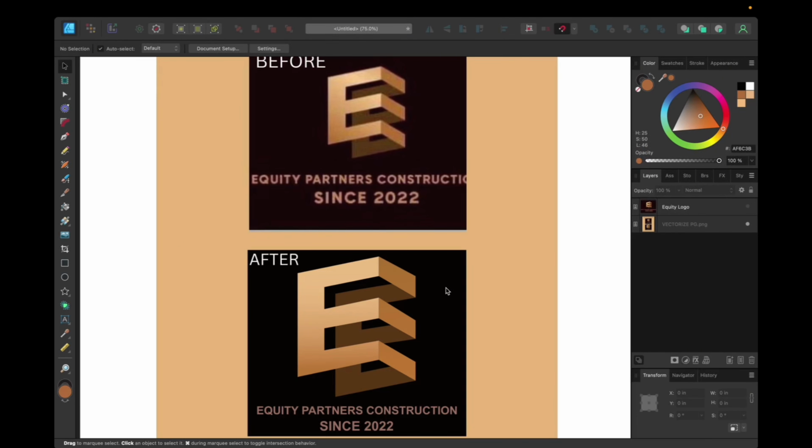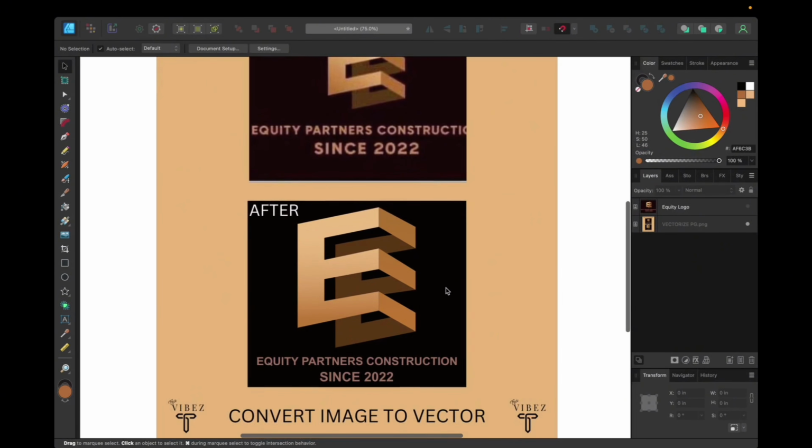If I had something that was a little more complex, that had a lot of different shapes and colors and things like that, I probably would send it off to a company that I normally use to vectorize some of my images. And I'm going to link down in the description box some of the companies that I have used in the past. But one of them I know is called ivectorize.com, and their prices are very, very reasonable. So it's something that you could use for your own business or for your own images that just need to be clear,